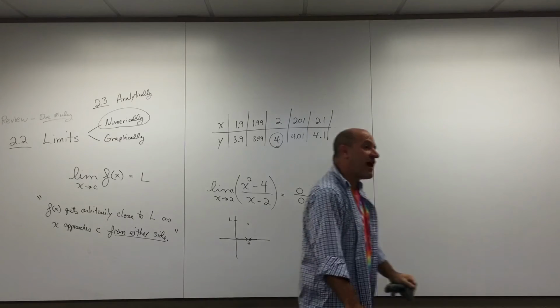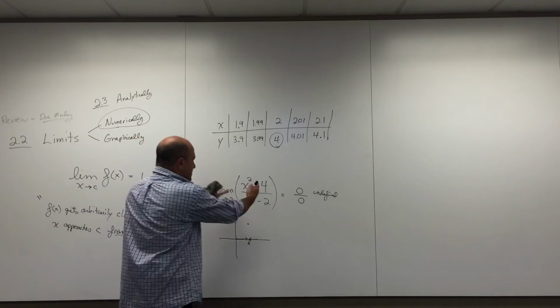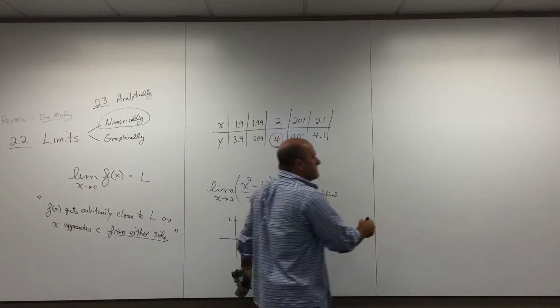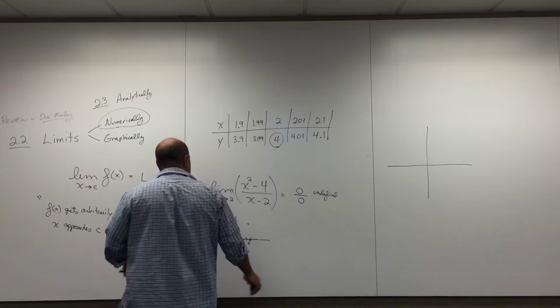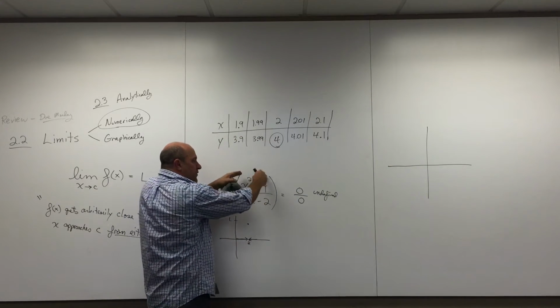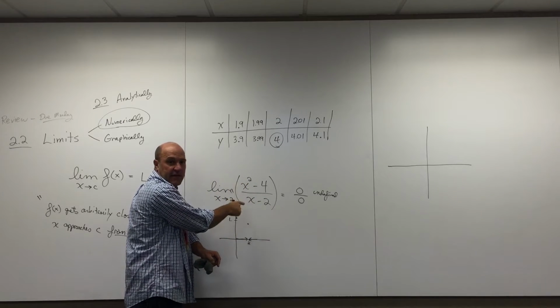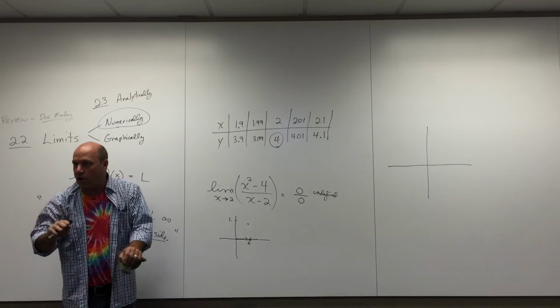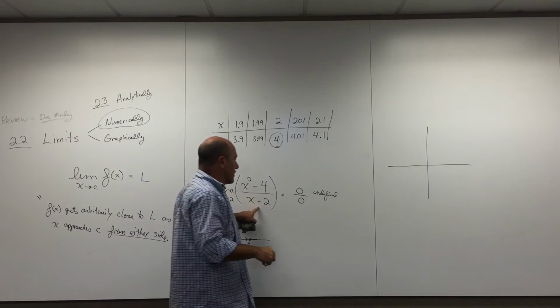Can you type in this graph? Now, let's take a look at this same guy graphically. Can you take a look at this guy's graph for me? Again, graphing calculator helps, but when you type this in, you might need parentheses on your numerator, parentheses on your denominator to really get it right. Otherwise, it might be dividing wrong. So if you actually type it in and take a look at it,